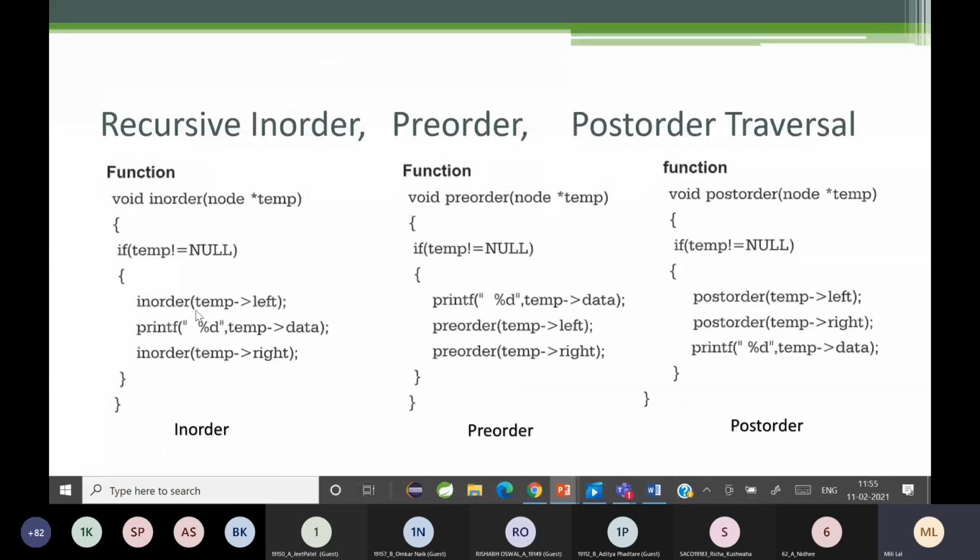In-order: first the left, then the data is printed, then the right. Pre-order: first the data, then the left, then the right. Post-order: left, right, and then the data. Is it clear to all? Yes, ma'am.